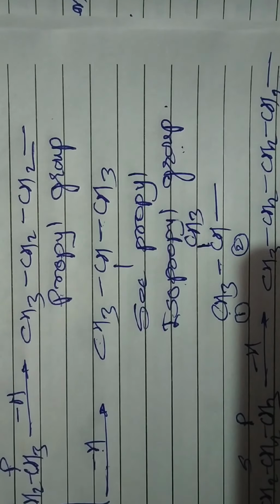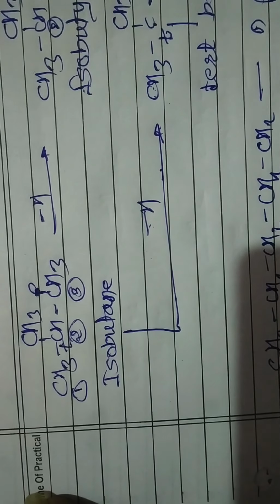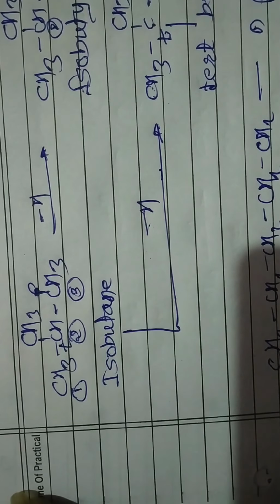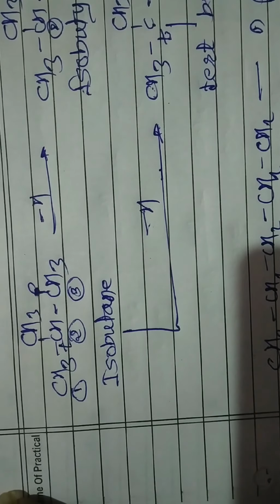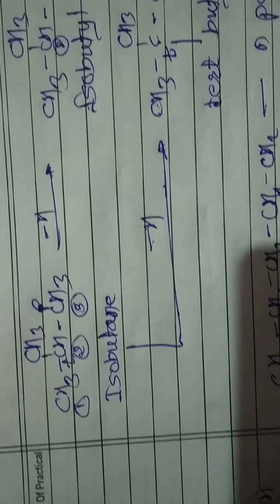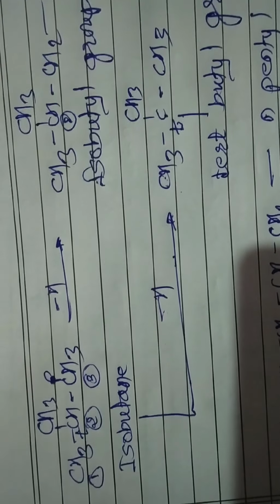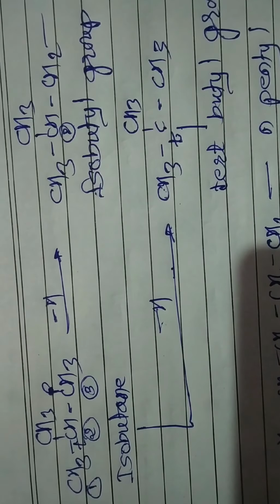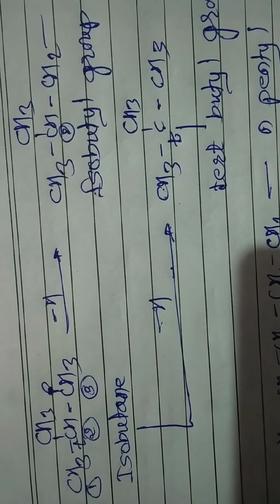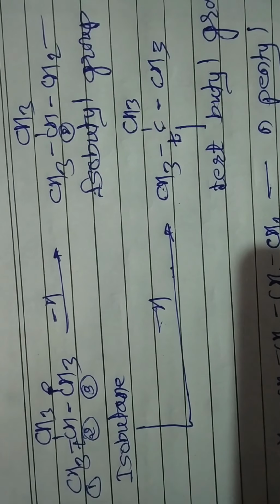Now take another example to revise. Look, this is isobutane. Why is this isobutane? Because a methyl group is present on the second carbon atom of the continuous carbon chain. If a hydrogen atom is removed from the primary carbon atom, it is the isobutyl group. Again remember that always iso is not secondary and always secondary is not iso.